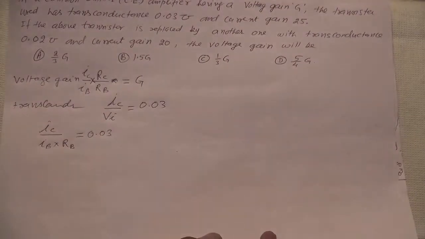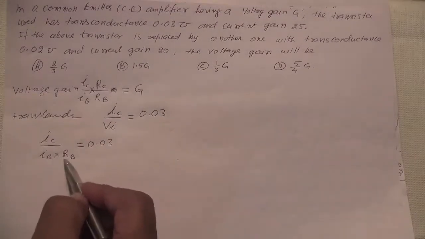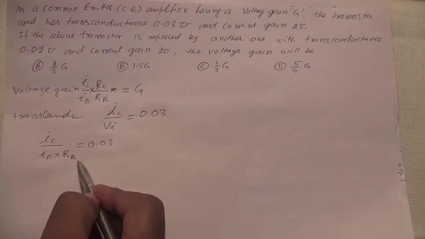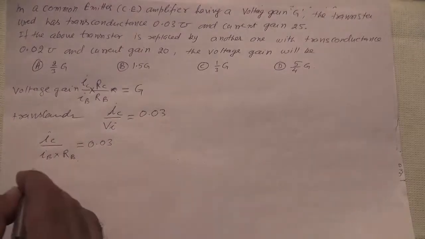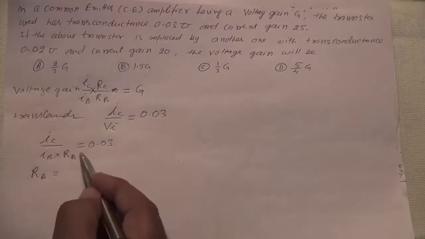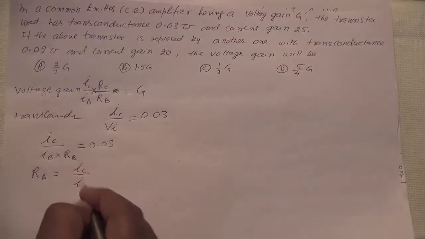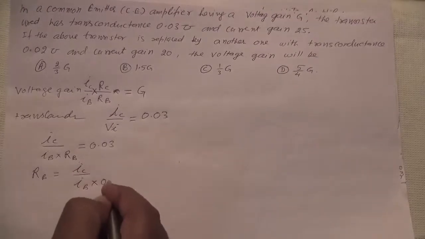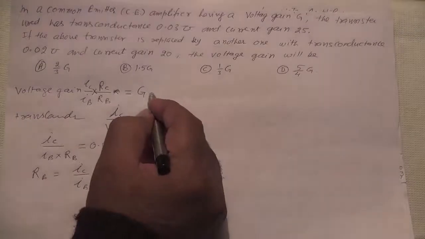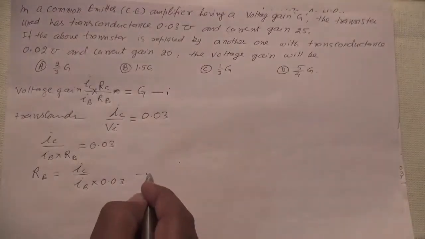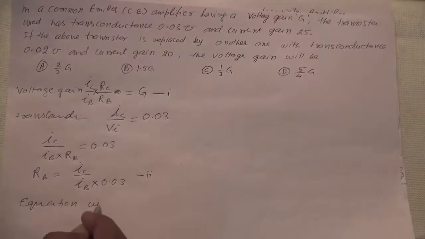Now, here you can see, the value of RB. Value of RB यहां से निकालते हैं, and this value we will put here. So, RB is equal to, RB इधर ले जाइए, 0.03 इधर ले जाइए. So this is IC upon IB multiplied by 0.03. This is RB. Now, this is our equation number 1. This is equation number 2. So, equation 1 will be